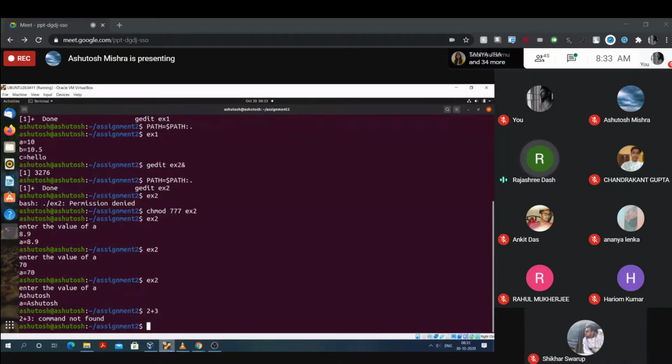So Asutosh, now you write expr space 2 space plus space 3. Remember, before and after the plus symbol, provide the space. If you do not provide the space, again you are going to get the error. Enter.